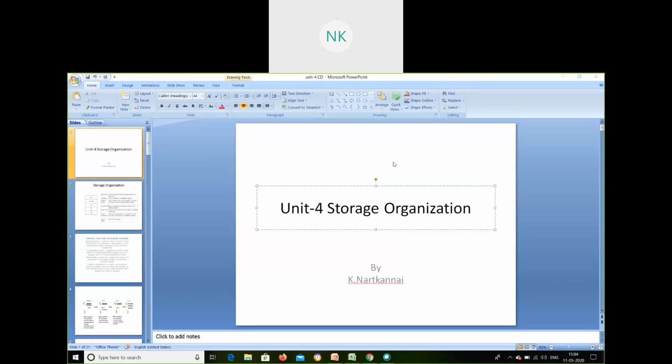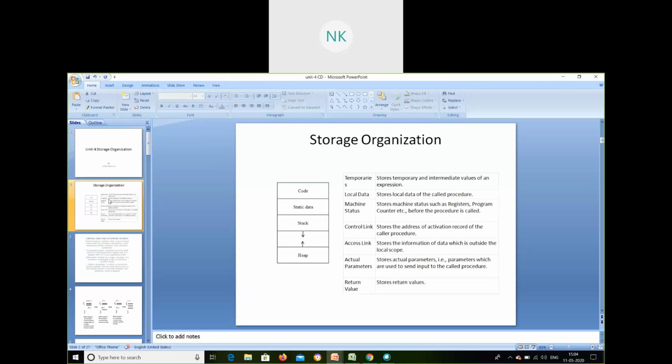So why do we require storage organization? How do we organize the content? During the execution of a source program, there are certain variables that will also be executed and saved in a specific area, and they can be represented only by their address. Those variables will be important for the code generation.